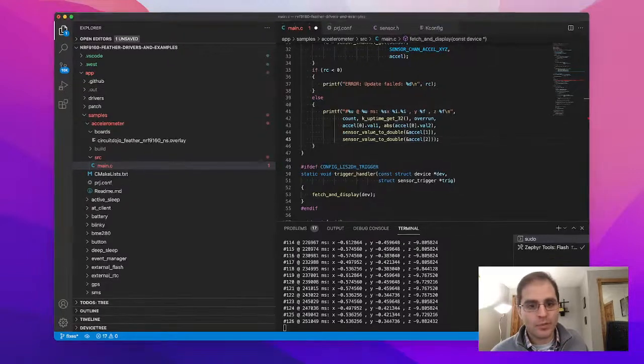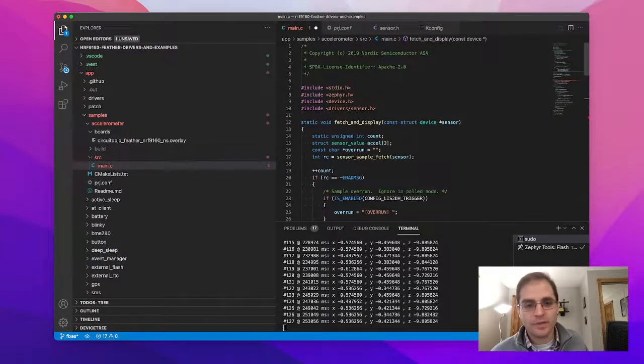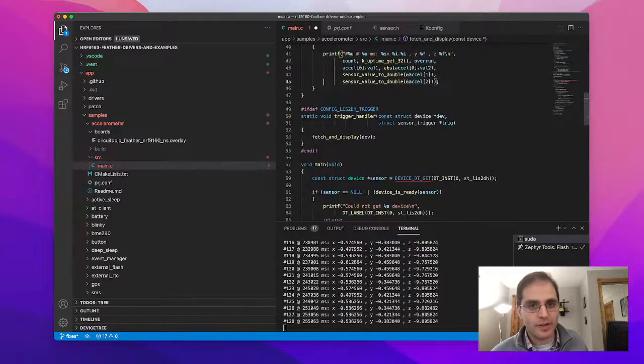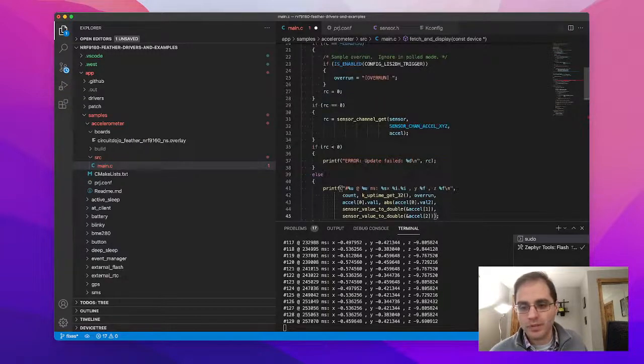So that's pretty much just the drivers. This is kind of a basic example. The LIS2DH is fairly basic and simple to work with, but beyond that it is more complicated when you're dealing with I2C versus SPI. So that's just an extra bit there. But I encourage you to check out the rest of the samples